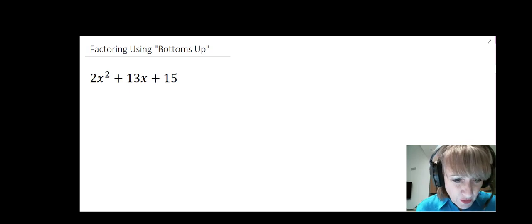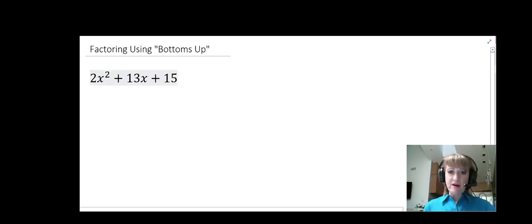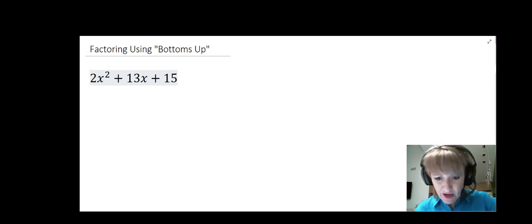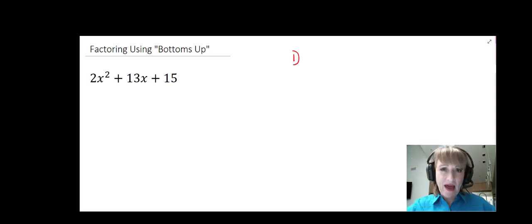So we're going to use this method called the bottoms up. Now I'm going to color code this. I'm going to give you a step in a particular color, and then I'm going to do that step in that color. So when you're finished, you can go back through and see what the steps entailed. So the first thing that you're going to do is multiply